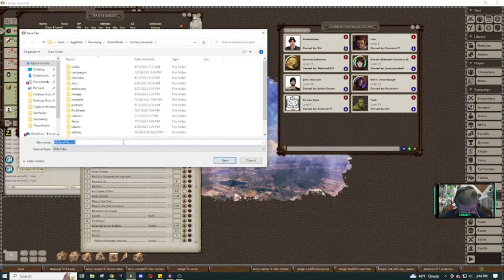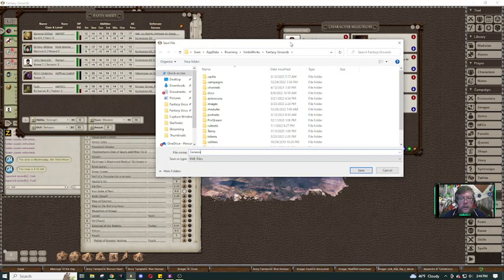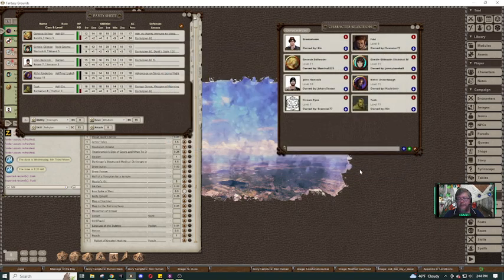File name is gen space, she is a 6'5", so she is a 6 bard 5 cleric. Save. Okay, so now that I have them saved,